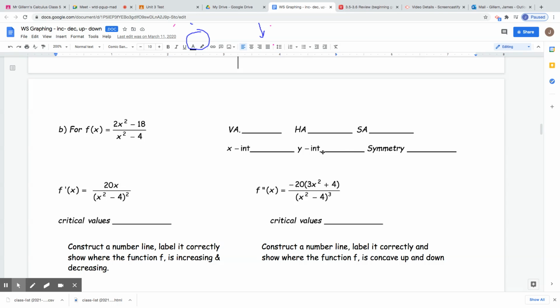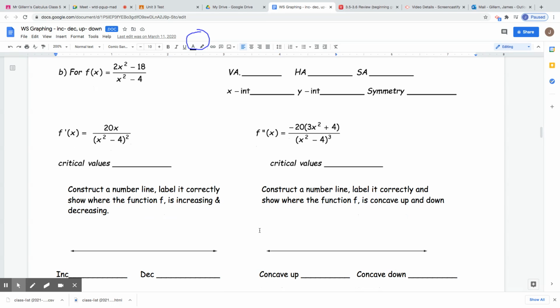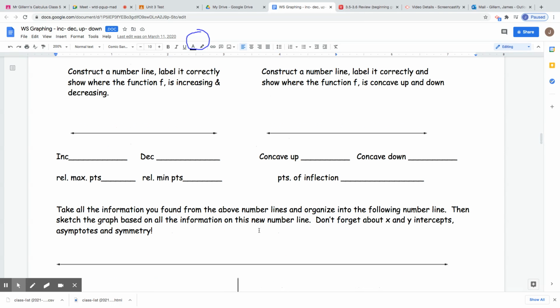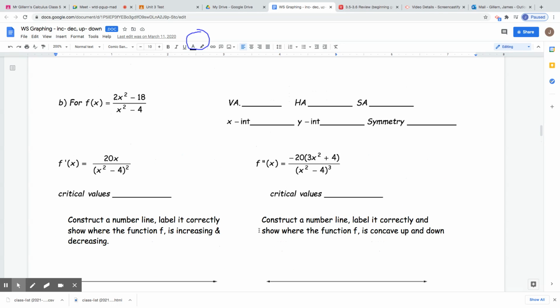all the vertical asymptote stuff, the derivatives, and then you go through and just work. The nice thing about this one, just looking at this real quick, the degrees are the same here. There will be no slant asymptote. There will be a horizontal asymptote, right? Because the degrees are the same. I'll let you figure out what that should be, but there will be no slant asymptote for this one, which is nice. So the picture will be a little different. See if you can get it, but hopefully you guys can figure it out. All right, anybody have any